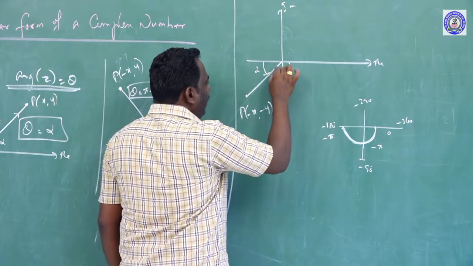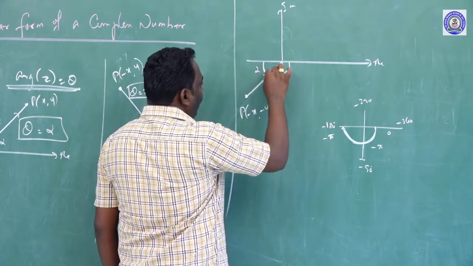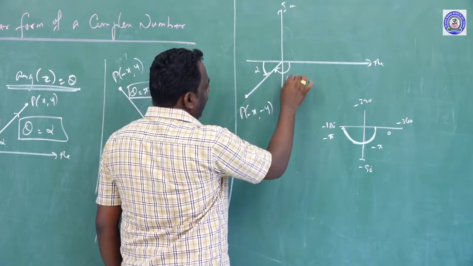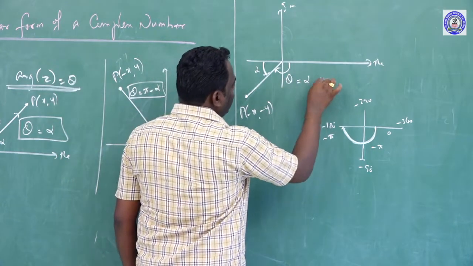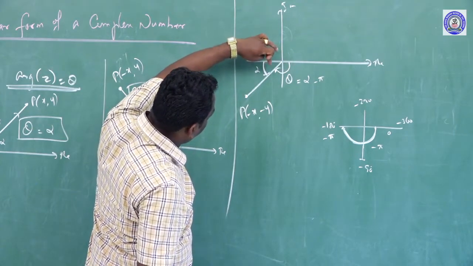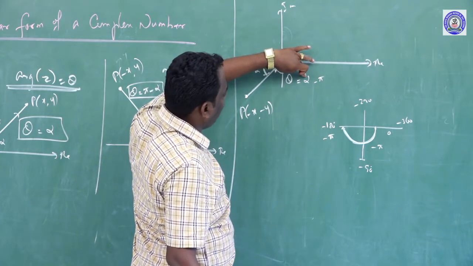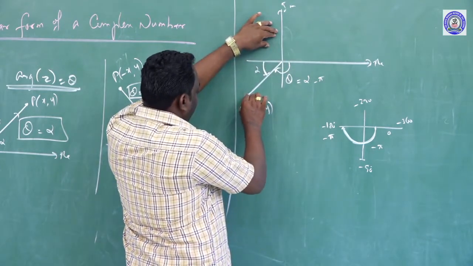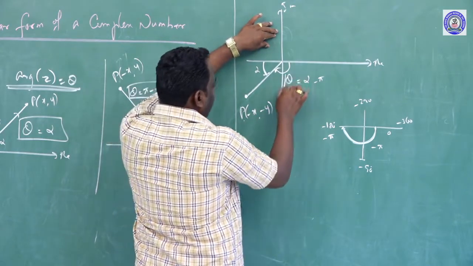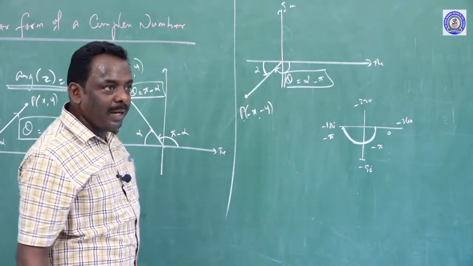Now we calculate theta when it lies in the third quadrant. Alpha is positive, and here we have minus pi. Therefore, theta is defined by pi minus alpha minus pi. Alpha is positive and here it is minus pi, so we add minus pi with plus alpha. Therefore, if the point P, the complex number, lies in the third quadrant, theta must be equal to alpha minus pi.